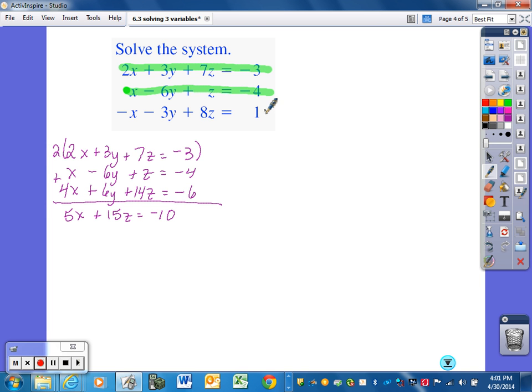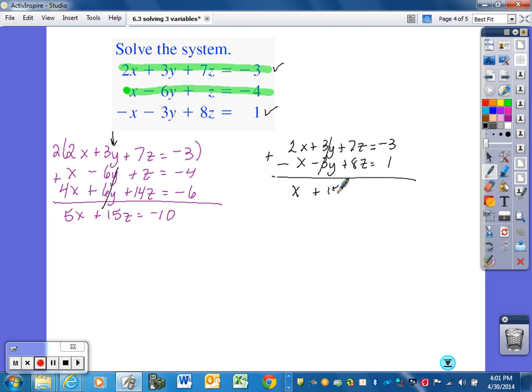Now I have no choice but to pick 3. And again, I'm eliminating y's. So I'm also going to pick 1. 2x plus 3y plus 7z equals negative 3. Negative x minus 3y plus 8z equals 1. And when I add this, I get x, y's are gone again, plus 15z equals negative 2. When I put these two equations, those two variables, together,